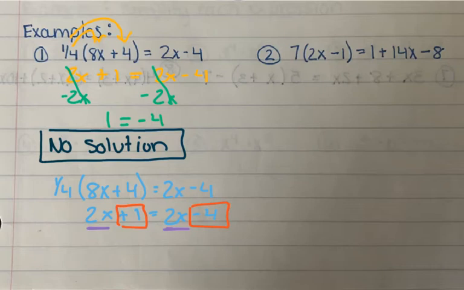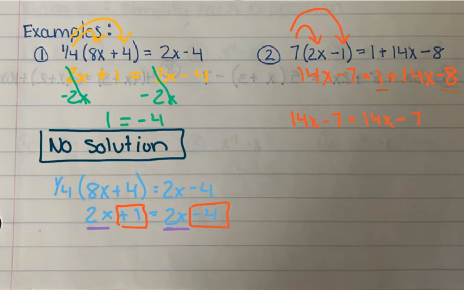Okay, I need to distribute. We're always going to need to simplify the problems first. Distribute and combine like terms. So I get 14x minus 7 equals 1 plus 14x minus 8. Now I need to check, do I need to combine like terms? Yes. On the right, I got 1 and -8. I need to put those together. So I end up with 14x minus 7 equals